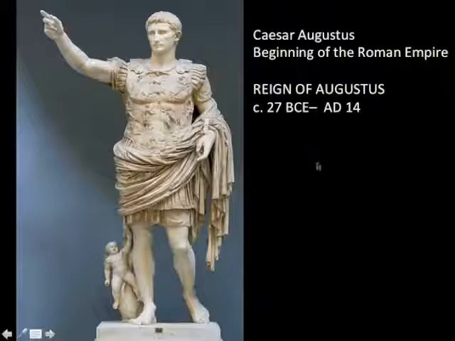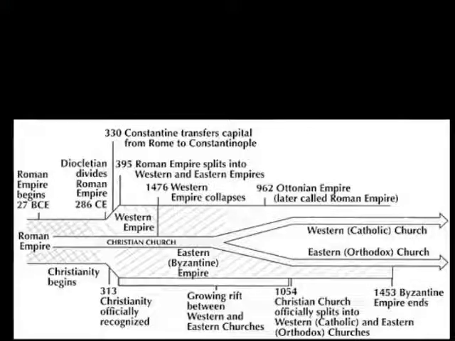But also, from the glory days of the founding of the empire with Augustus back in 27 BCE, there become increasing schisms, and the empire begins to fragment. First into co-emperors who, here's just a diagram showing you some of the fragmenting of the Roman Empire. So we have 27 BCE, where Caesar Augustus consolidates Rome and declares himself to be the emperor. 250 years later, Diocletian divides the Roman Empire, and you have an Eastern Empire and a Western Empire. And Diocletian is probably the toughest on Christians. He is very interested in suppressing this new sect.